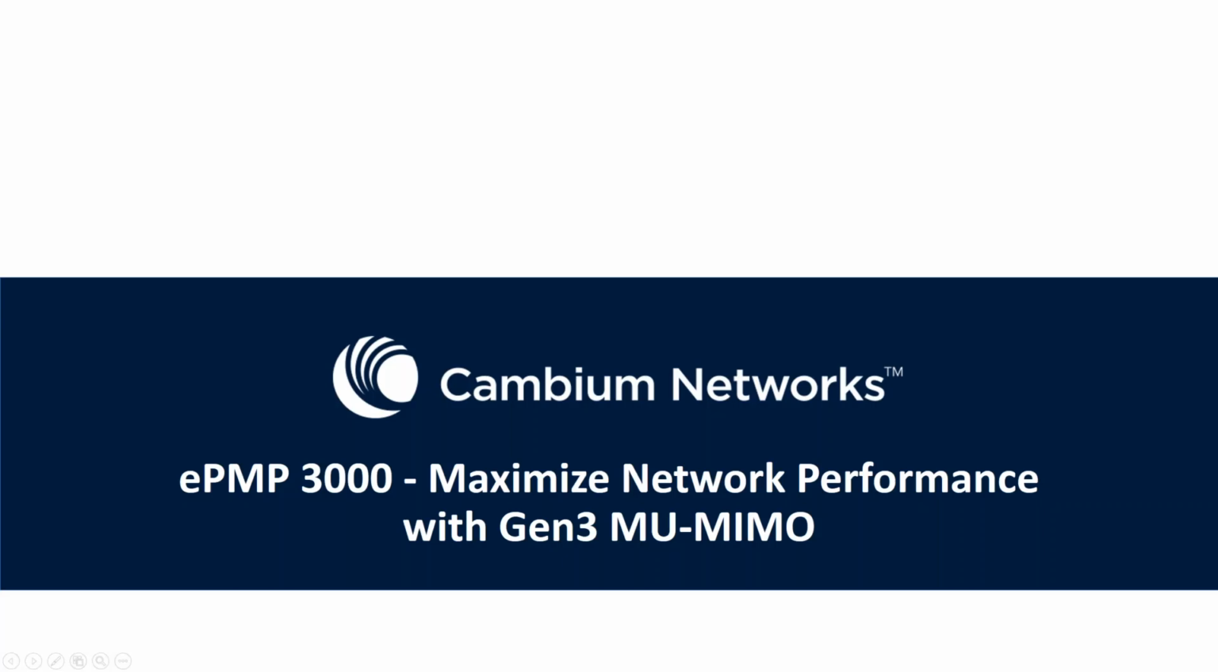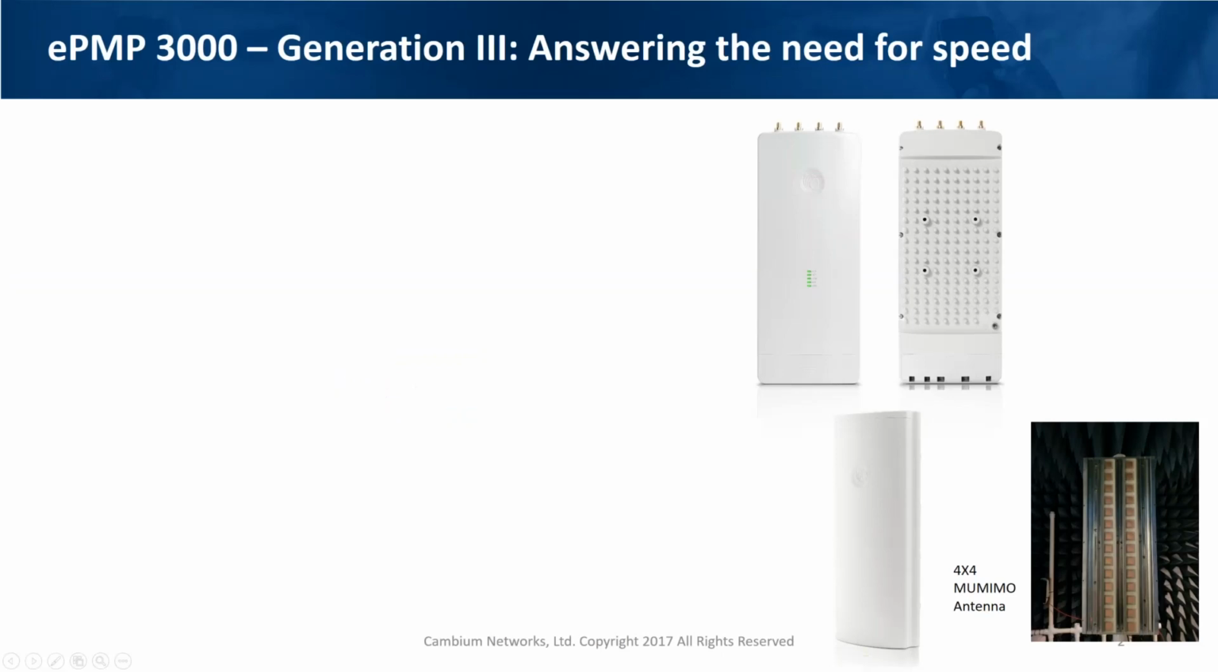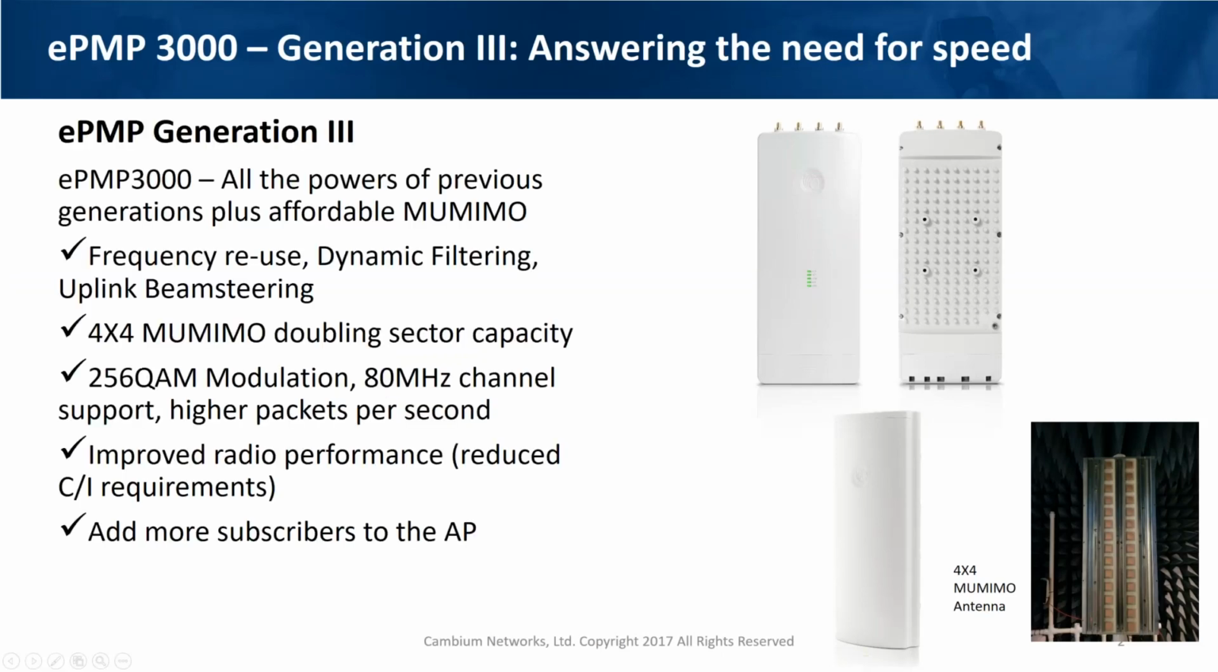So with that, let me get started and give a little bit of a background as well. You see the first slide talking about ePMP 3000 Generation 3, answering the need for speed. I'm suspecting we probably have quite a few existing ePMP customers on this webinar, but there's a possibility there are some customers that are new to Cambium. So for the sake of them, I just want to give a little preview of how we came to this